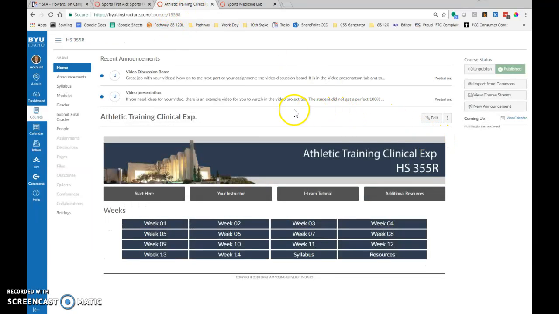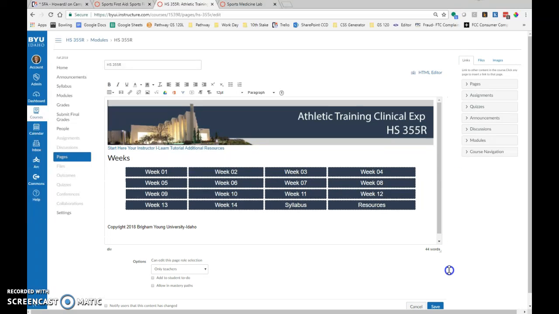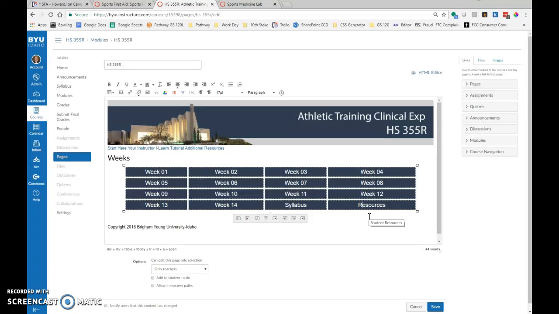I'll do this one first. So what you're going to do is you'll go to this front page at the home area and edit this file. Rather than add a new button, I'm just going to use this resources because it's the same thing as this resources here. Those go to the same place. They could go to separate places if you wanted them to, but right now they're set up to go to the same place. So I'm just going to edit this and call it training